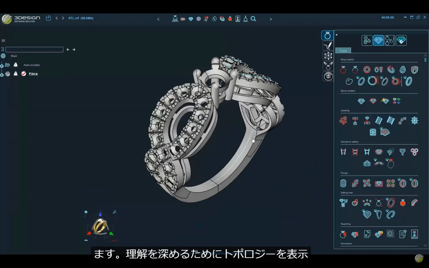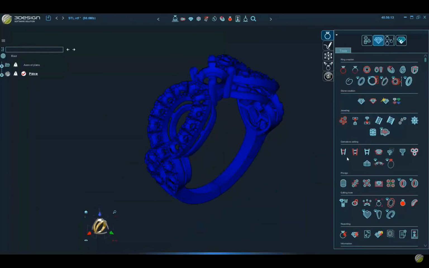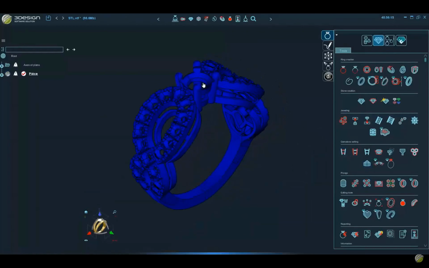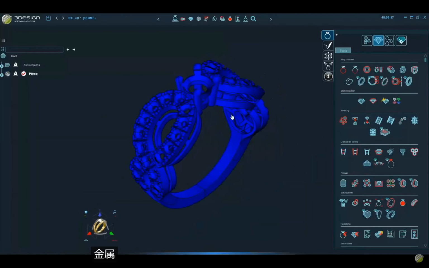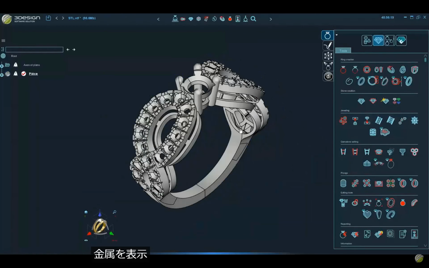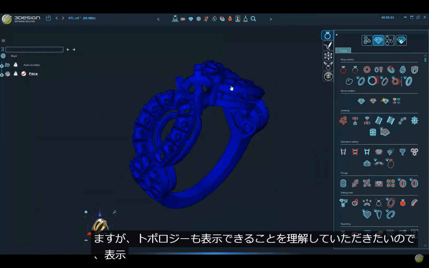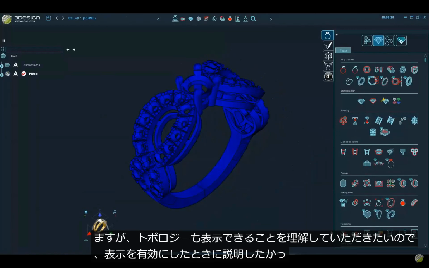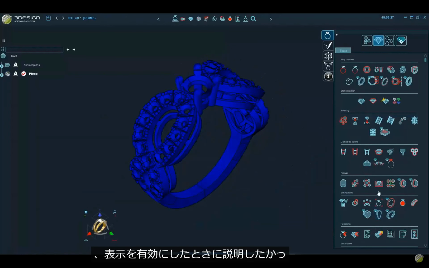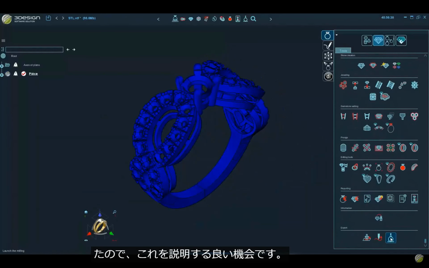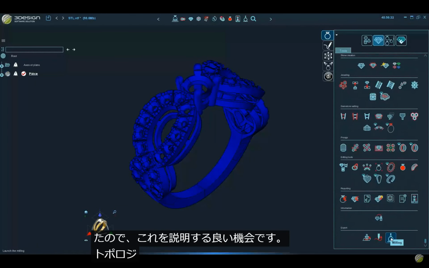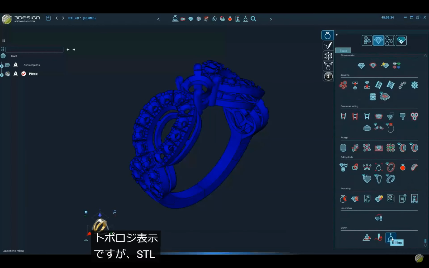So I displayed the topology just for me to understand better the design. It's just for you to understand that we can display the metal, but we can also display the topology. So I wanted to explain that as I activated the display. It's a good opportunity for me to explain this topology display, but I wanted to show you the